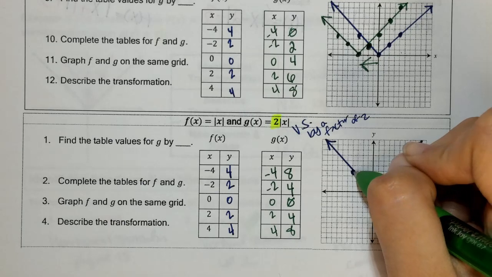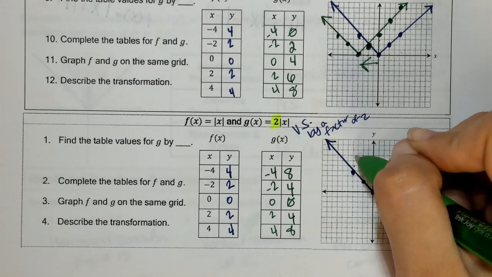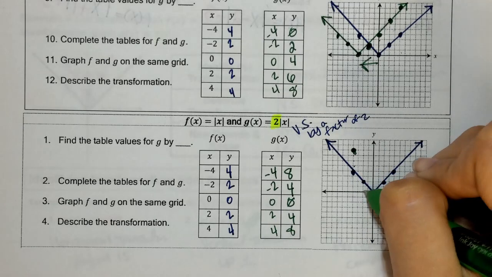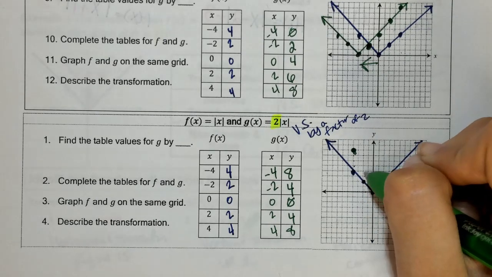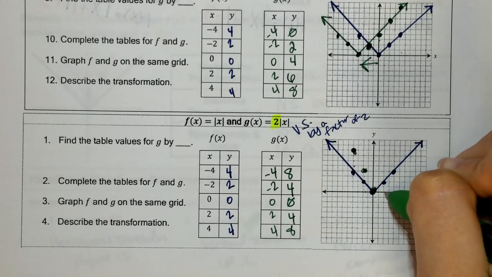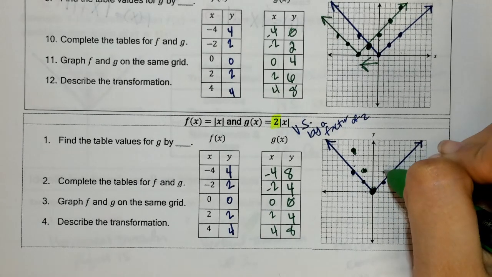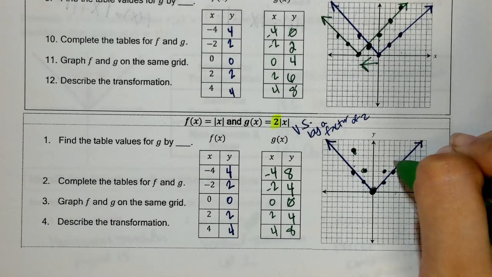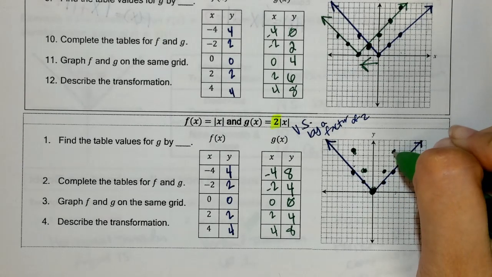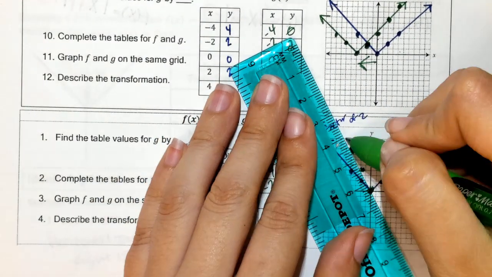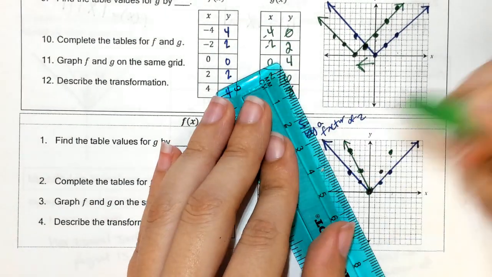So this is 4, 5, 6, 7, 8. -2, 4. 0, 0. 2, 4. And 4, 8. So now when I connect my points,